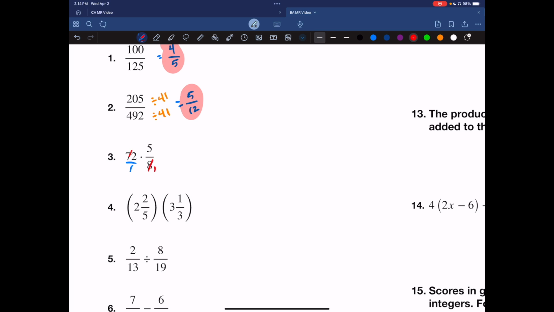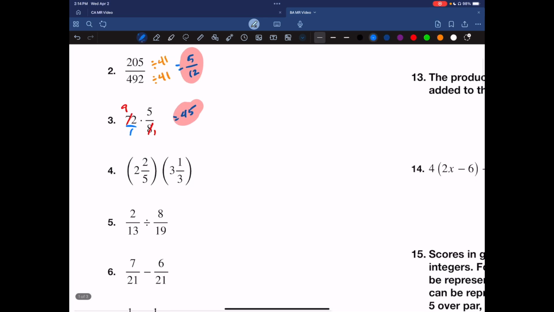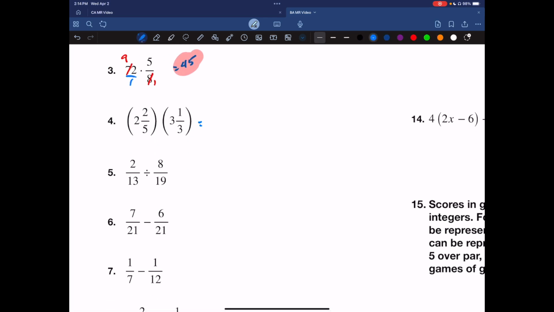8 goes into 8 one time, and 72 9 times. And then 9 times 5 is 45. 1 times 1 is 1. We don't have to write that over 1. So that's my answer. On number 4, we're going to convert both fractions into improper fractions instead of mixed numbers